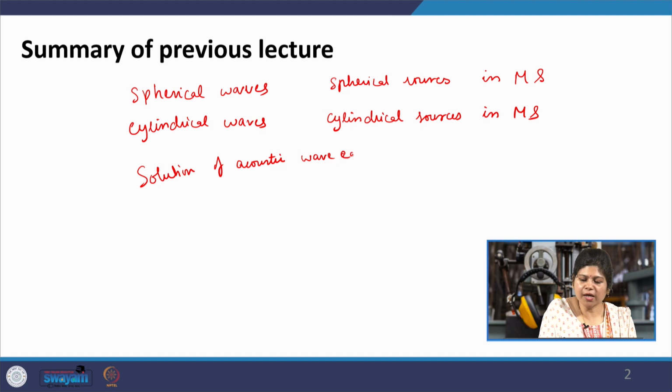And the important takeaway was that from the noise control point of view, the harmonic plane waves are more dangerous and need priority, because the attenuation rate is almost 0 in the ideal situation, whereas a spherical wave has the highest rate of attenuation over space, and then come the cylindrical waves.